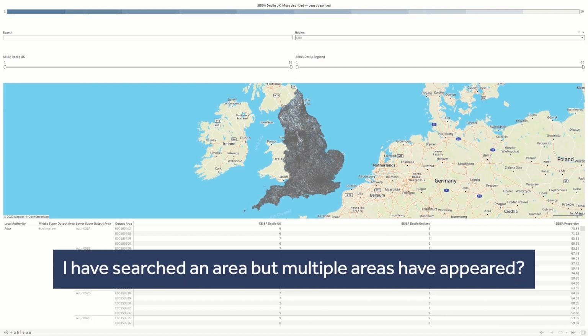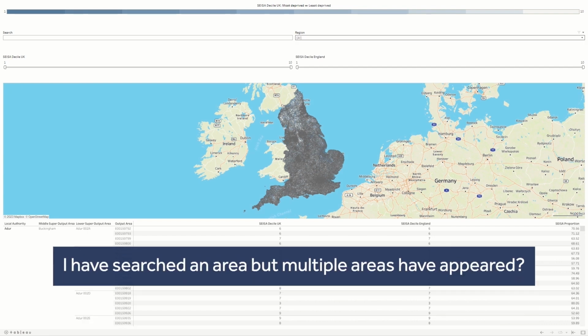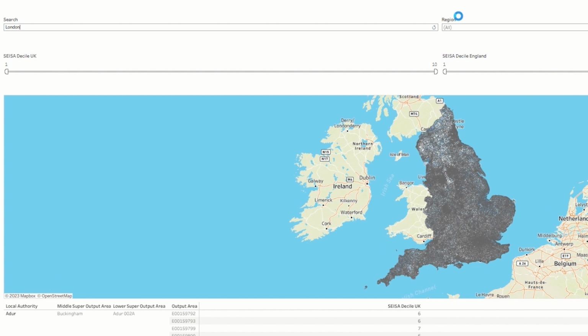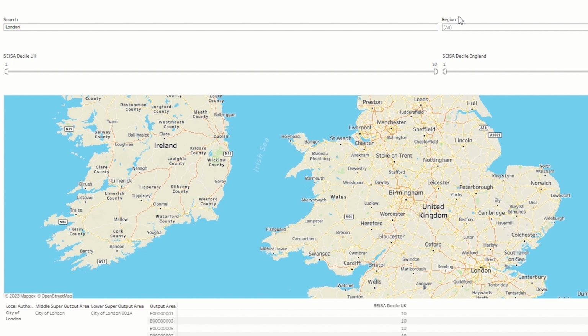As stated earlier, there will be occasions where your free text search is identified as existing in multiple locations across the country, resulting in your map not zooming in as expected. For example, London. This is because there are likely to be numerous areas across different parts of the country which feature the word you entered in the free text search field within their name. The search tool searches for the word, so if more than one place has that word in its title, multiple localities will be returned. This will be the reason why the map may not zoom into the area you expected.